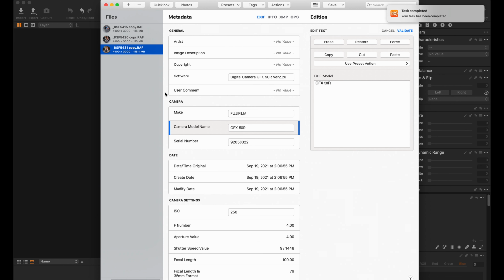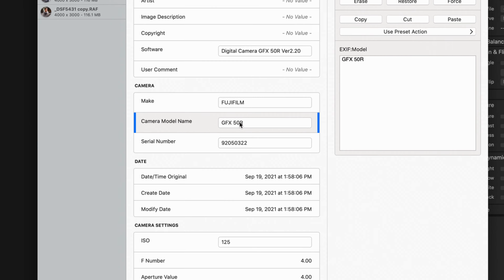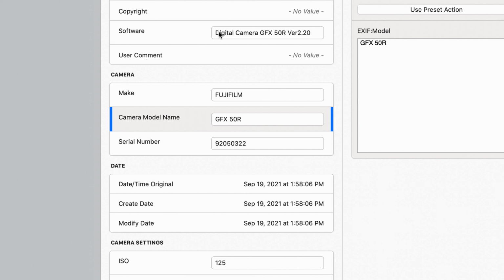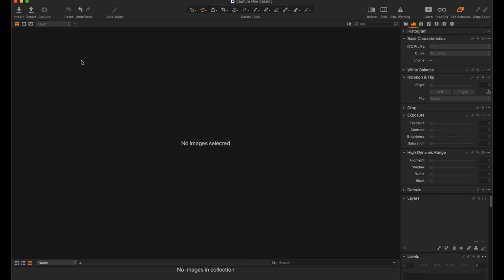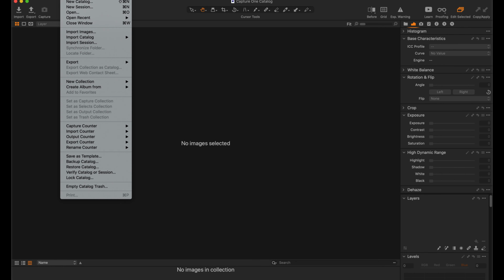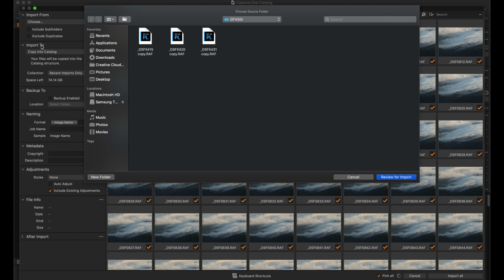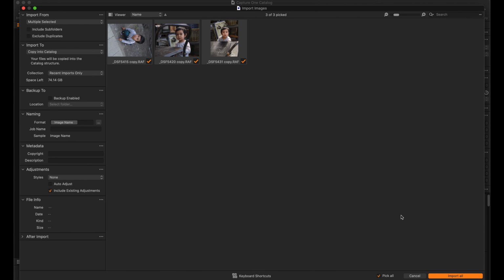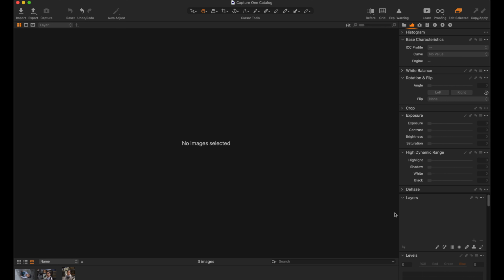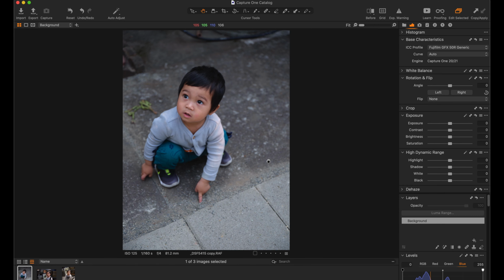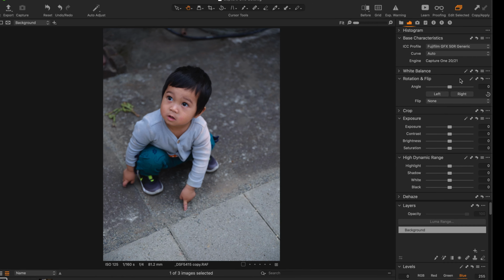Now I'm not going to convert them first, but you can see here the camera model says GFX 50R, and the software says digital camera GFX 50R. So that's something that we're going to have to change. But watch here, if we go into Capture One and import those images. So there's our 3 images. We click import, and once we have them all in Capture One, you can see here on the right side